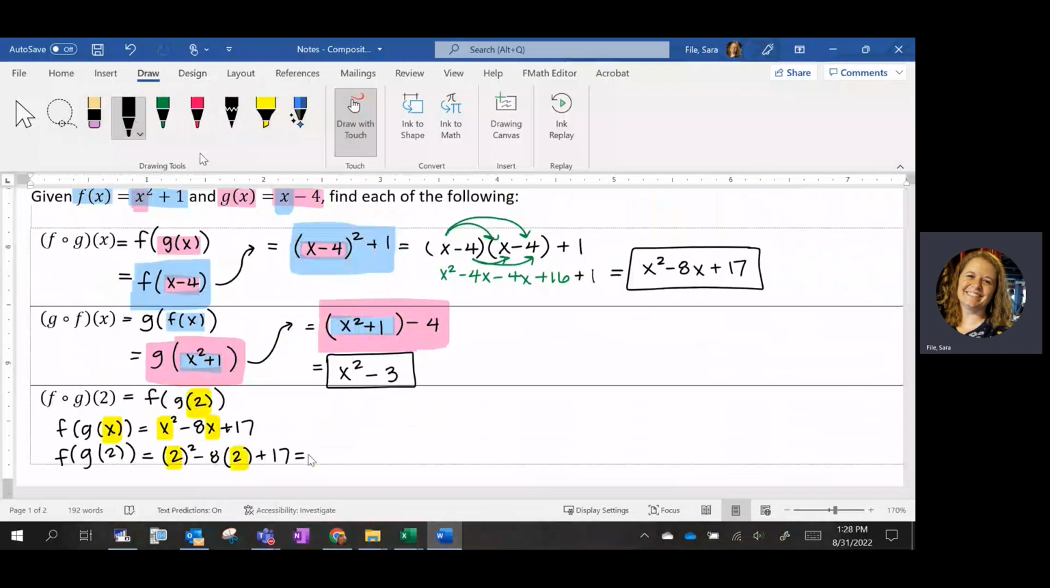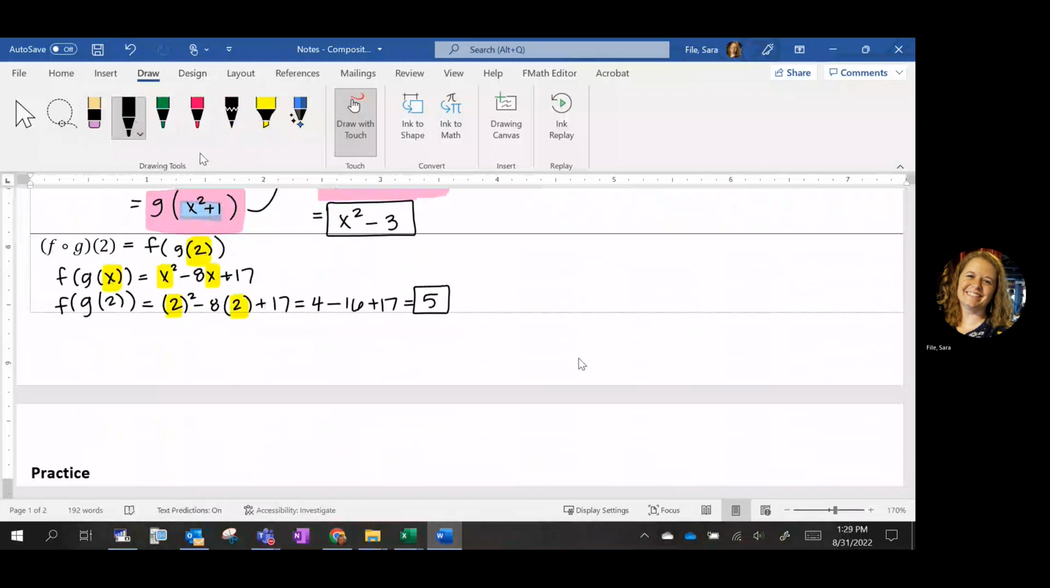Okay, so 2 squared is 4, minus 8 times 2, 16, plus 17. So that comes out to 5. I'll scroll up a little bit so we can see that. Okay, are we okay with that method to solve that? Okay, now